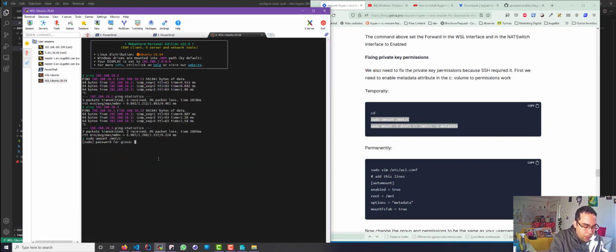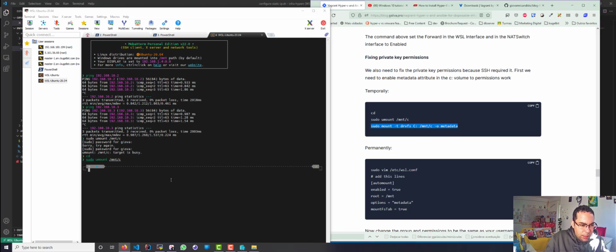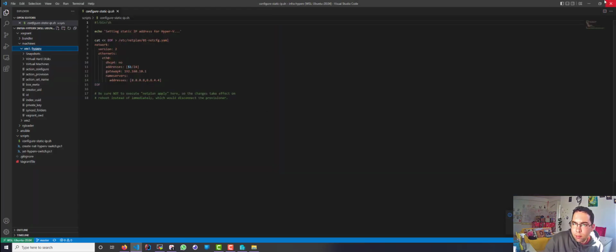But this command is temporary. You will mount the drive and the device is busy because I'm using it. So you need to change the directories, and then now, okay, this is not persistent, so in order to do it permanently we need to edit this file